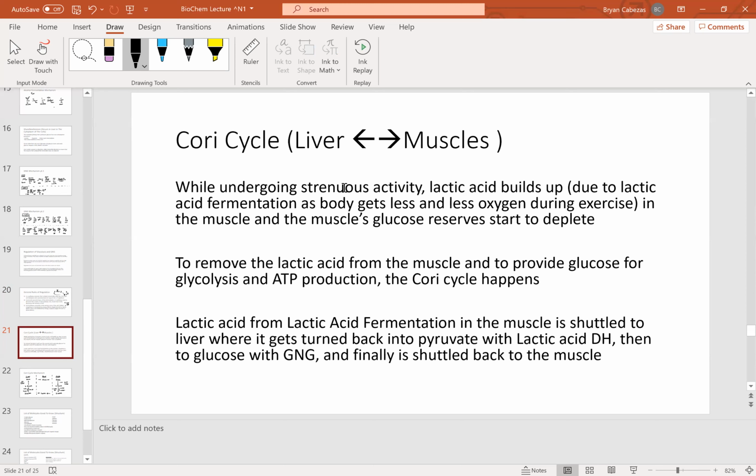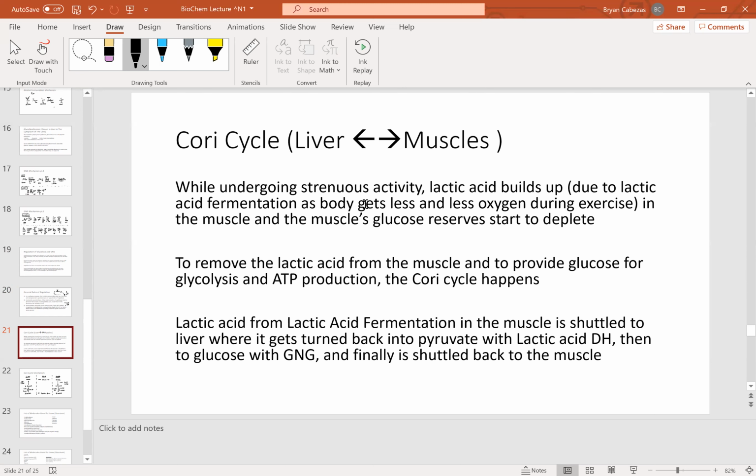And if you don't have enough oxygen, and if you're running low on glucose, then who's going to save the day? Well, the Cori cycle is going to save the day, right? It's going to remove the lactic acid that's found in your muscle, and it's going to replace that lactic acid with glucose. Remember, our liver is our control for glucose. It's our main site. The pancreas is the one that creates insulin and glucagon, but the liver is where the insulin and glucagon mainly are going to be affecting.